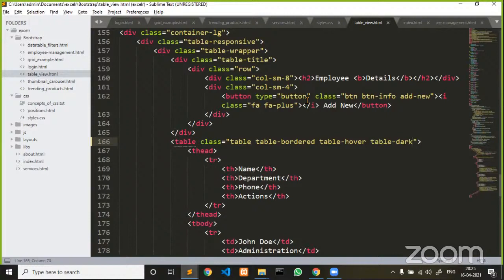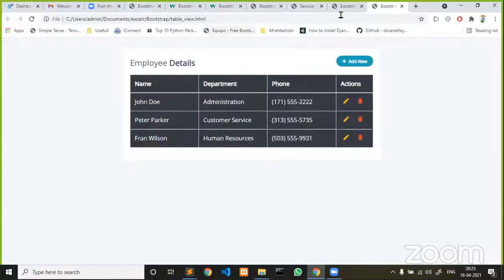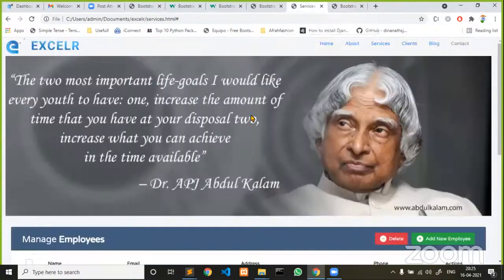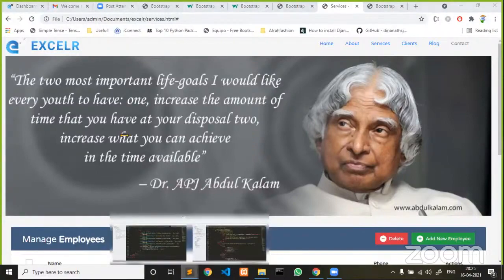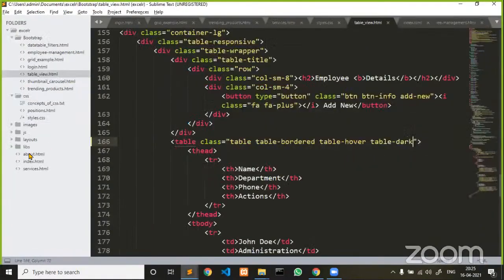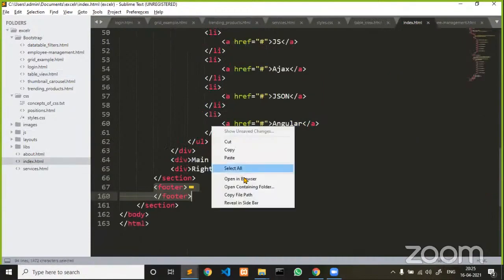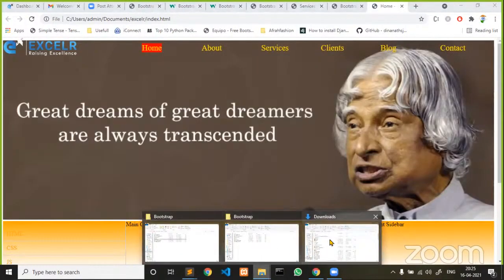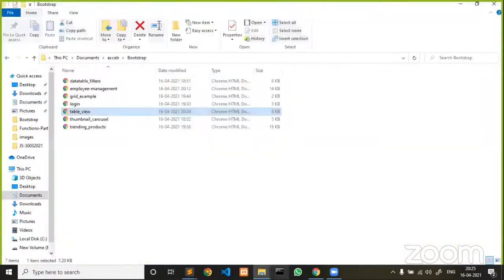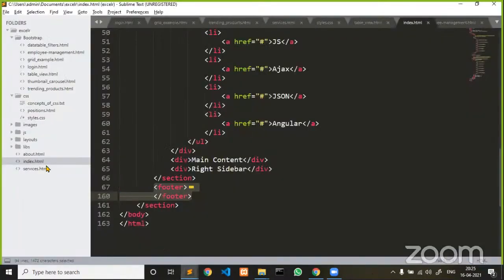See, guys, whatever web pages we have created, let me run all these 3 pages. If you come back here, this is the service page, just an example. Maybe a home page also I created. If you come back and execute, this is the home page that I created. Sample one only I created. Next, the about page.